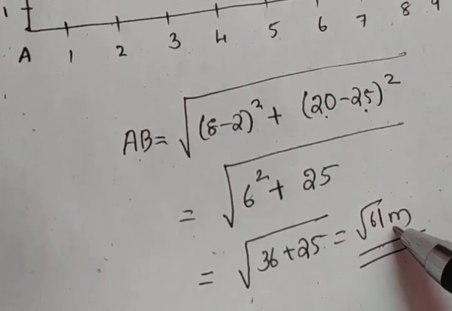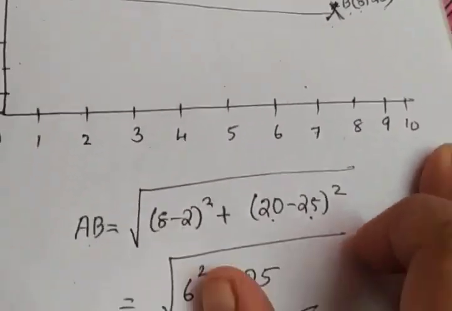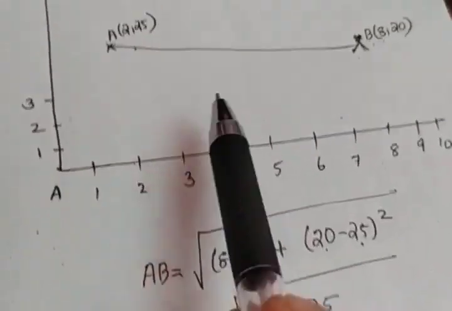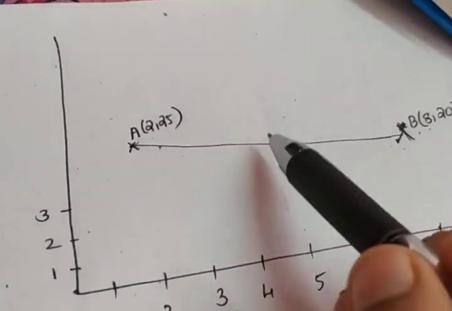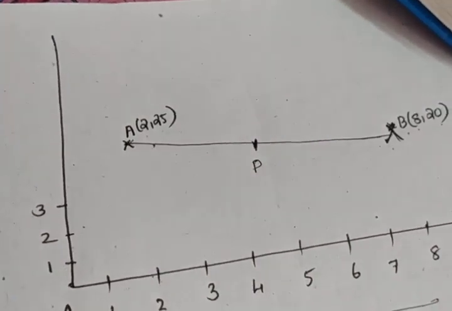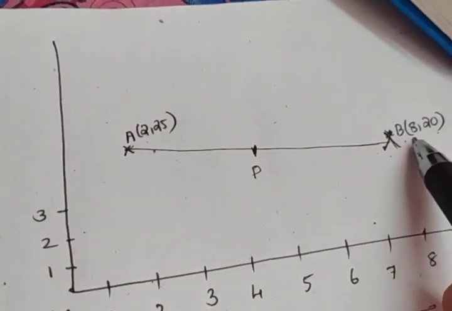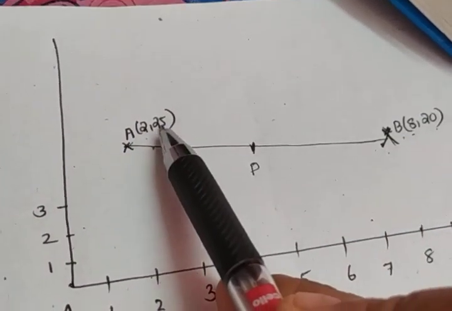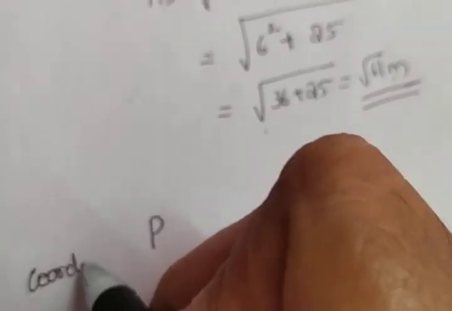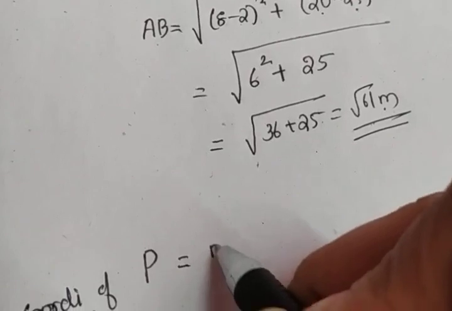There was one more question where Rashmi has to post the flag. So we will find the midpoint of this line segment AB. How can we find the midpoint? If I am taking the midpoint as P, the x coordinate will be the sum of the x coordinates by 2, and the y coordinate will be the sum of the y coordinates by 2. So the coordinate of P, the midpoint of AB,